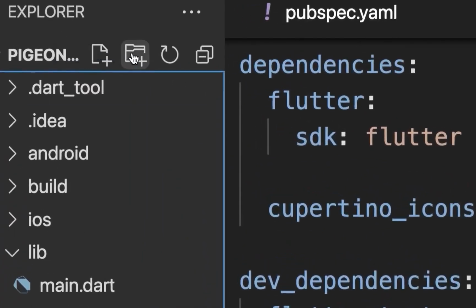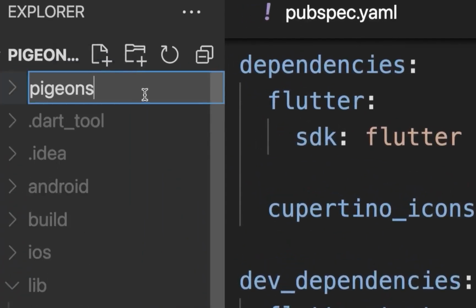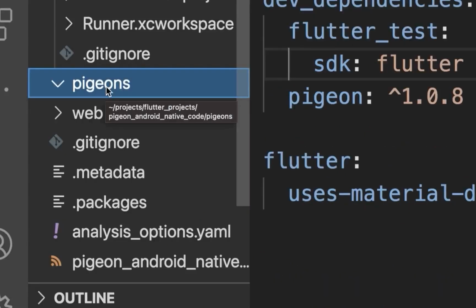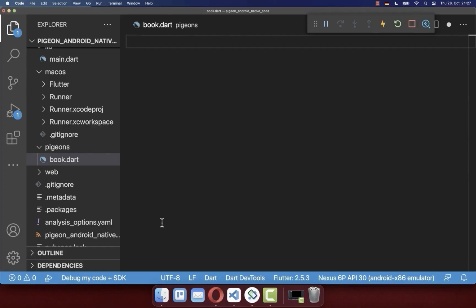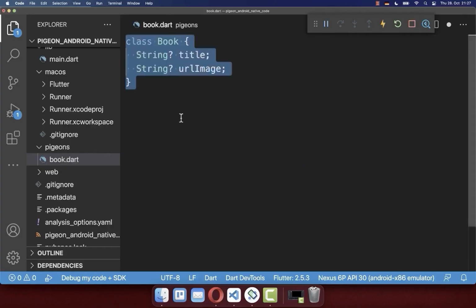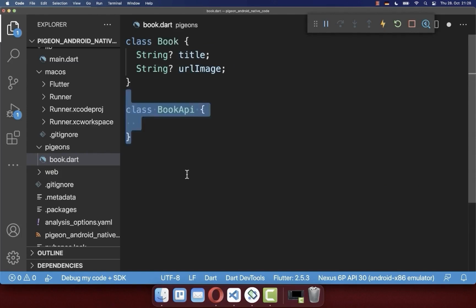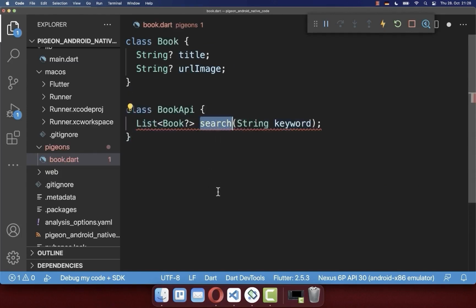Next, we create within our Flutter project a new folder which is called Pigeons. And secondly, inside of this folder, we create a new file which is called book.dart. Inside this book.dart file, you can put all the objects that you want to send to the native side or vice versa. And secondly, we create another class with all the methods that we want to call on the